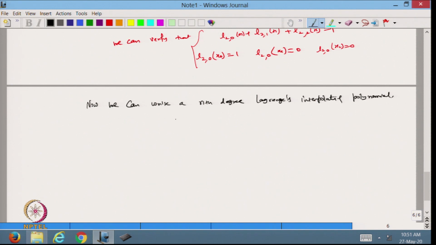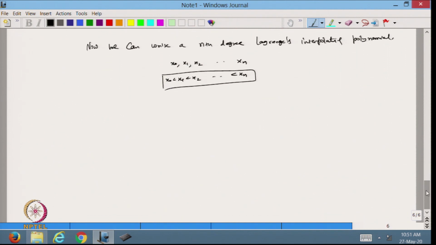So, now we have x0, x1, x2 up to xn. So, these are the nodal values that are given to me. Now, I can rearrange this in ascending order, because this is non-uniformly distributed. So, I can rearrange that in ascending order form. Now, based on this, I want to define the nth order polynomial. So, Pn(x) will be,